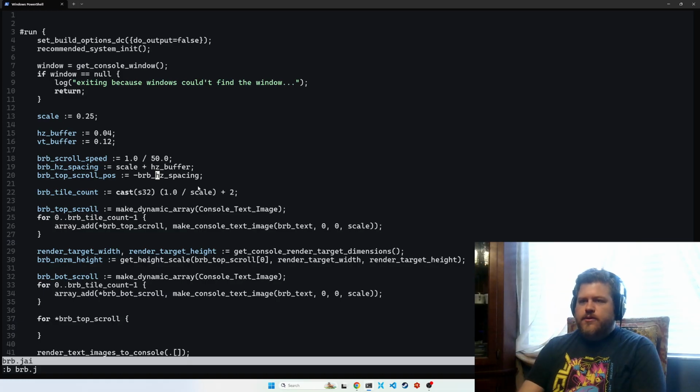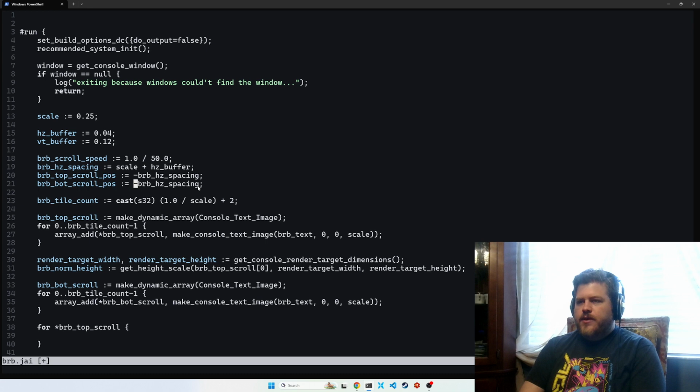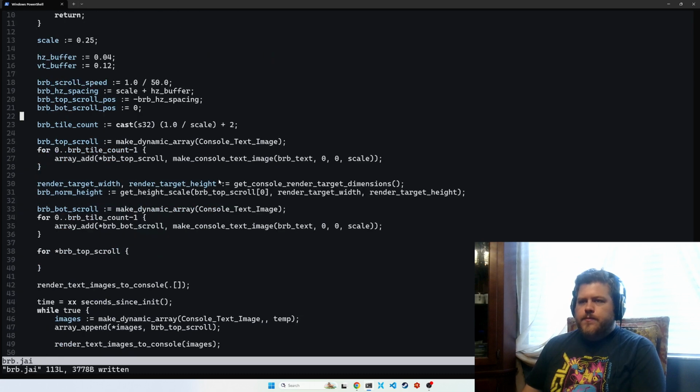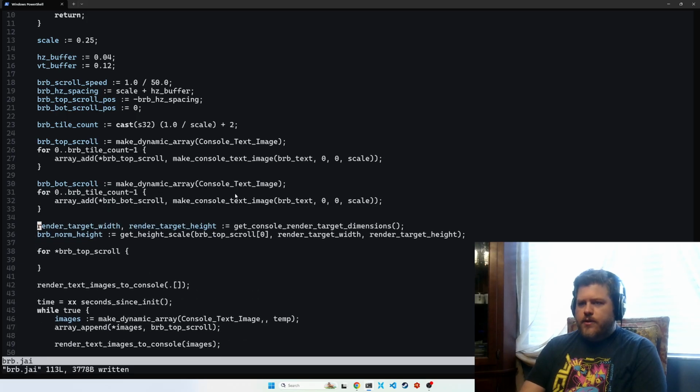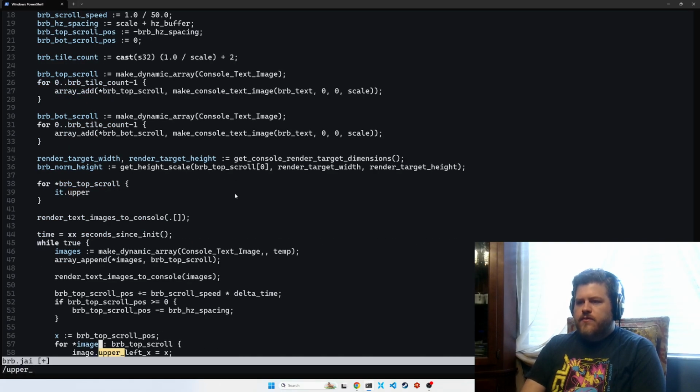It's the same thing, but start at 0. Yep. And then I want to set the upper left position of each of these images. So the upper left Y is going to be equal to